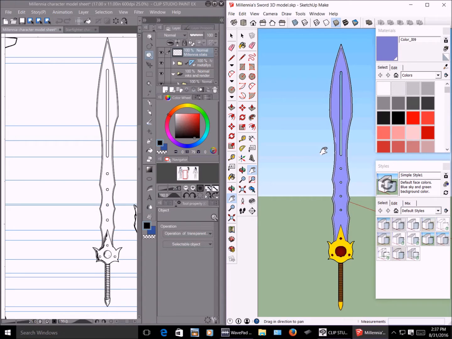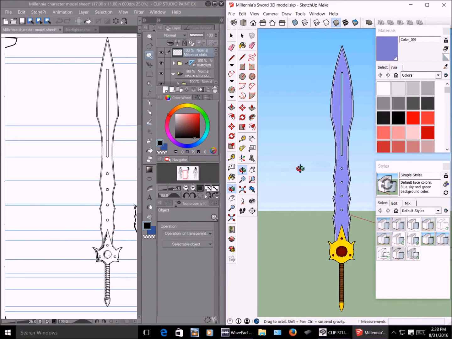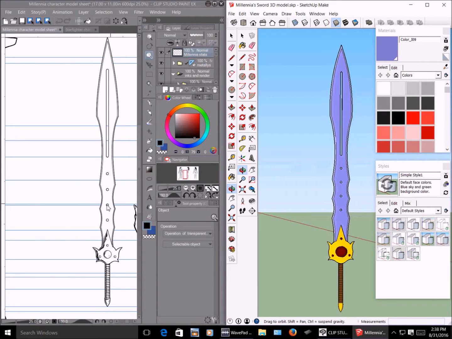So as you can see, he did an awesome job. Everything's exactly where it is compared to the 2D drawing. In fact, the way I have the screen set up is the way he did it. I inverted the picture for him and he just went straight to work. And he was able to create this awesome image for me. And now I can use this whenever I want in Manga Studio and put in whatever position that I want. And I'll show you how to do it for yourselves.